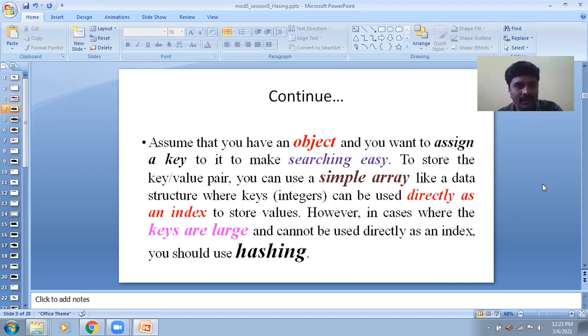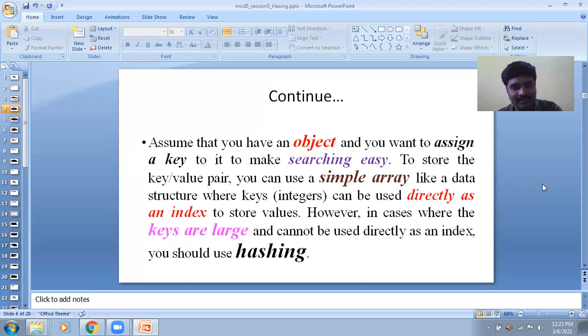Now assume that you have an object and you want to assign a key to make searching easy. To store the key or value pair, you can use a simple array-like data structure where integer keys can be used directly as an index to store values.